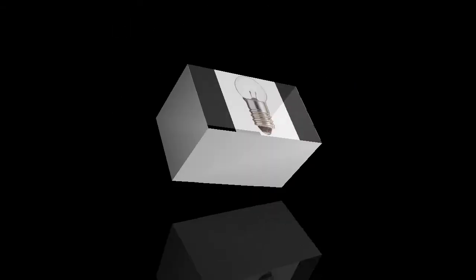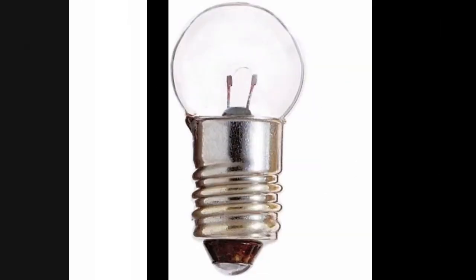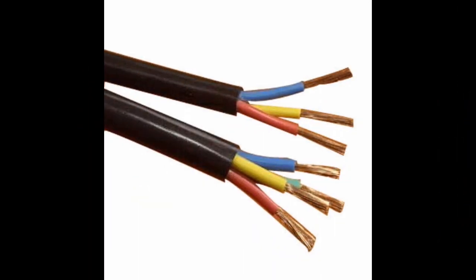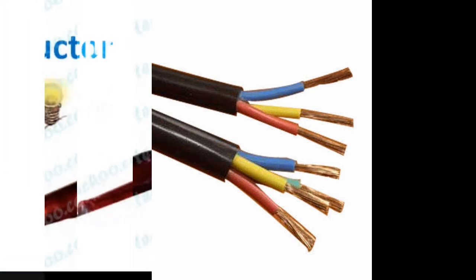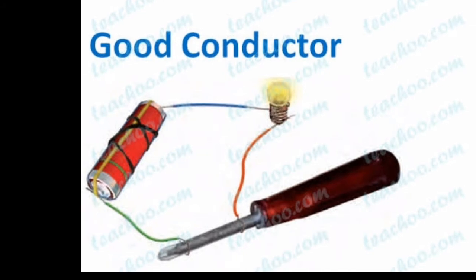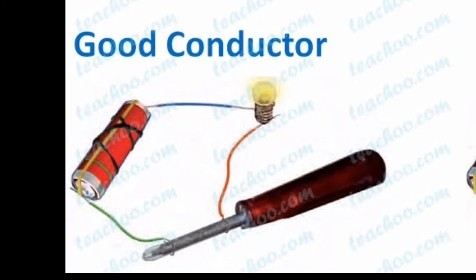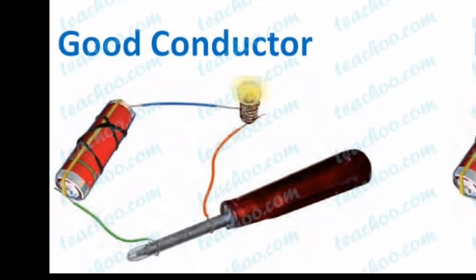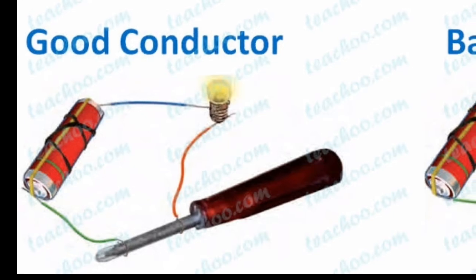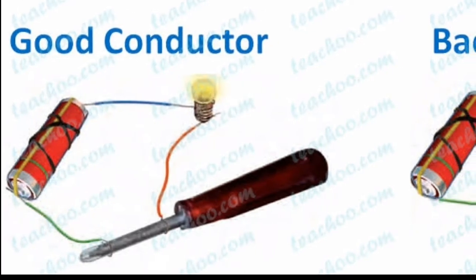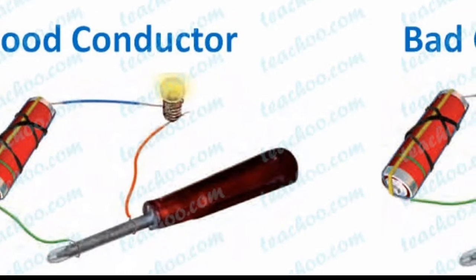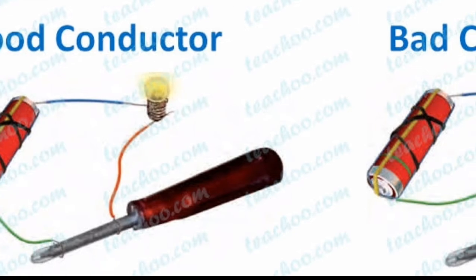For this activity, the materials required are a torch bulb, a cell of torch, and a 1 meter long electrical wire. Remove the plastic covering from both the ends of the electrical wire, then attach one side of the wire with the point on the metallic part of the bulb, while the other side of the wire is attached to the lower side of the cell as shown in this picture. Attach the lower side point of the bulb to the upper side of the cell. The bulb will light up.